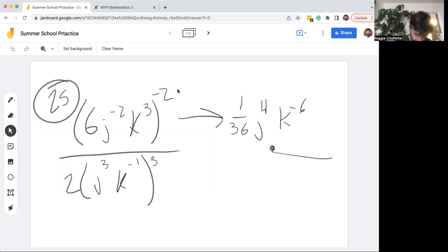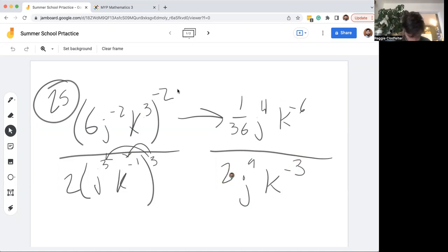Okay, now down the bottom. 3 times 3 right there gives me j to the 9th. And 3 times negative 1 right there gives me k to the negative 3rd. And a 2. Okay, so now the first thing I want you to see here is that I have this